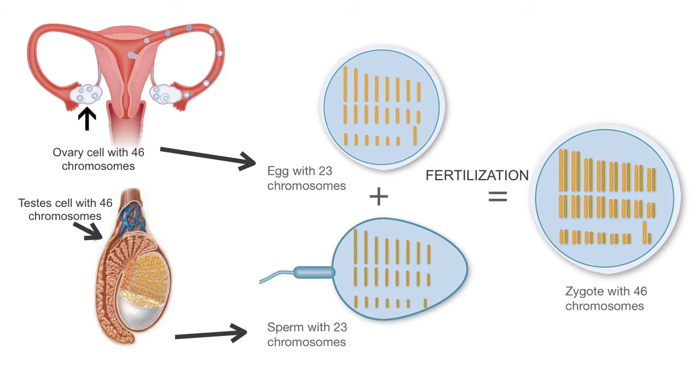So 46 chromosomes. So this is a diploid cell in the testes that eventually undergoes meiosis, and same in the ovaries, and eventually they undergo meiosis to produce haploid eggs or sperm, which then will undergo fertilization to produce